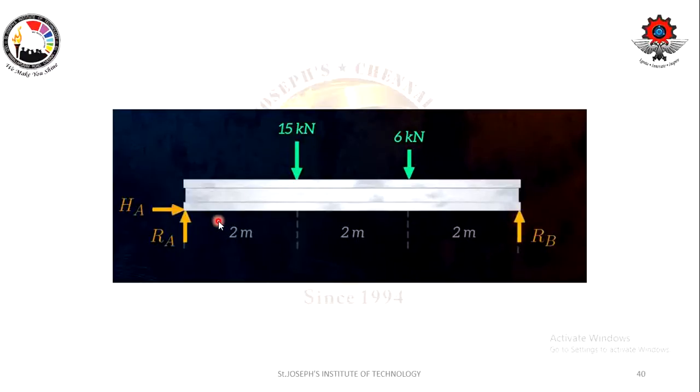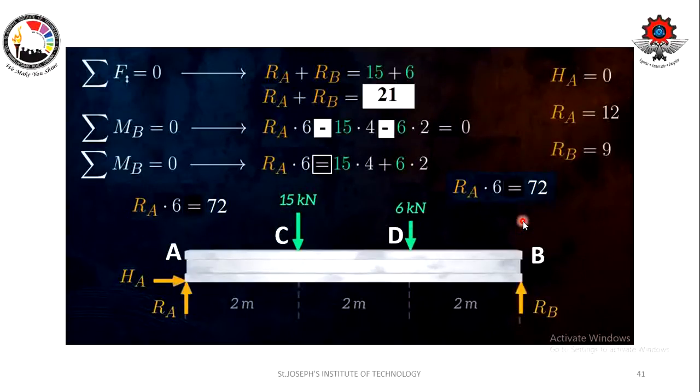I told you three steps. The first step is to draw the free body diagram, which we have drawn, with the horizontal support reaction and vertical support reaction at this end, and only a vertical support reaction at the other side. Now moving on to the next step. The second step as per our procedure is to find the magnitude of the reaction forces. Here the loads are given, one is 15 kilonewton, the other is 6 kilonewton. We are supposed to find the reaction forces.